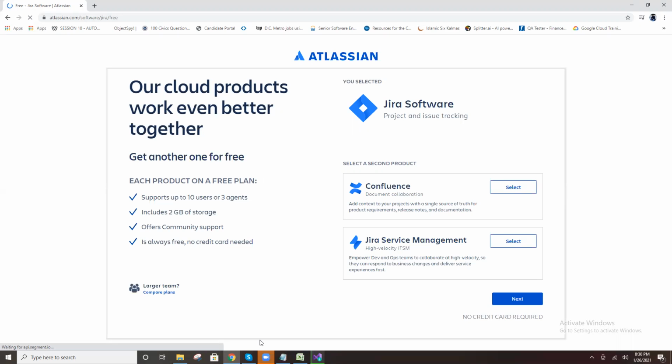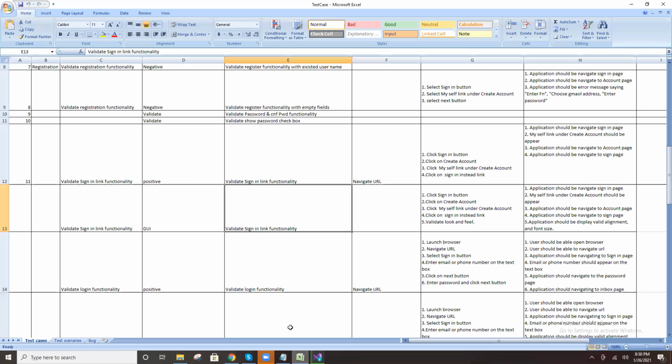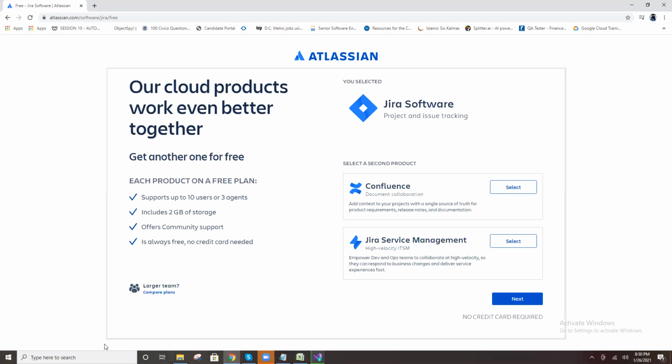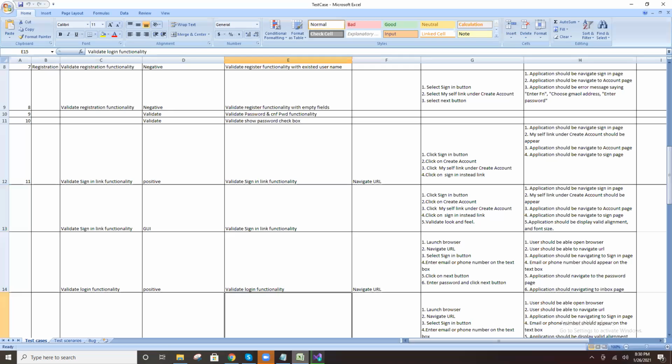We discussed the bug side yesterday. How to log a bug now? If you found any deviation from the requirement, you log a bug, right? So, the way to log a bug. Different tools are there, different types of how to log a bug. You know the bug steps, everything, right? But the way to log the bugs.